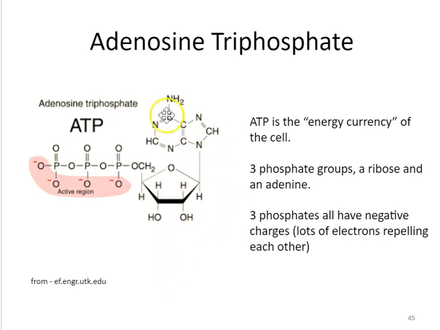This molecule is nicknamed the energy currency of the cell. So it's a really important molecule in cellular energetics. One of the reasons for that is that it is an incredibly high energy molecule. It's really high energy because of these 3 phosphate groups, which have negative charges. Therefore, they're extremely electron dense, and so there's a lot of repellent force. The electrons are repelling one another, so there's a lot of chemical energy tied up in each single molecule of